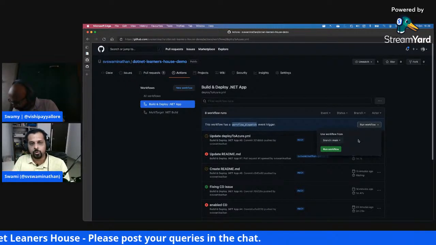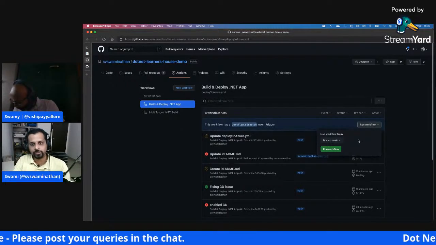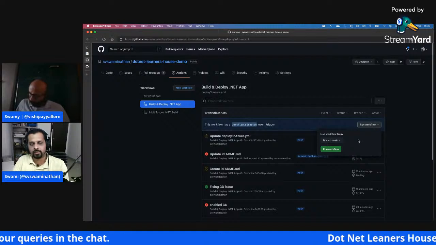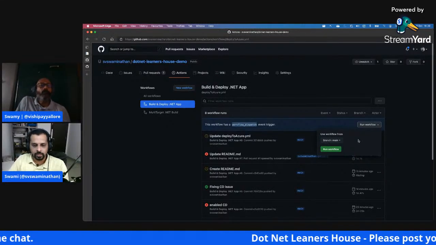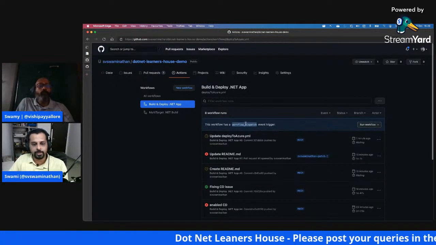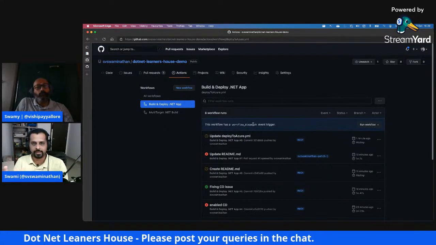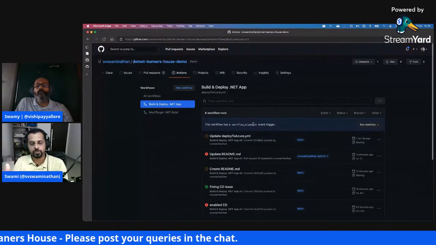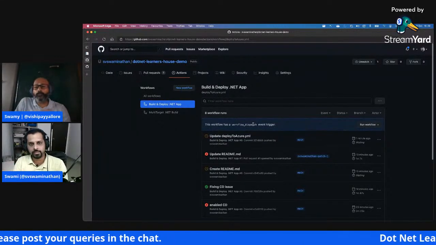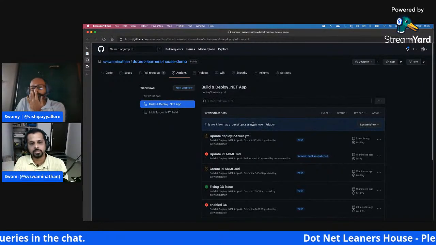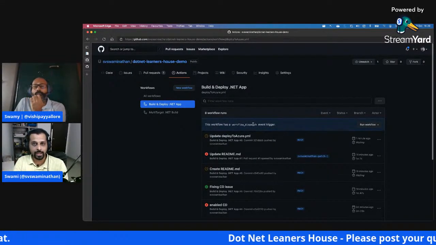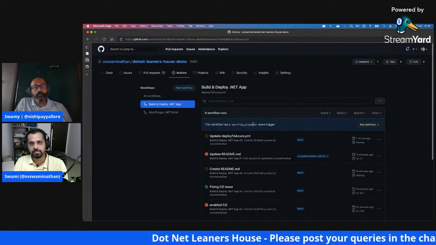So it's all about what are the things we want to club in a single workflow versus how we want to do things in parallel or in multiples, right? I think this is a good example of why we want to split your build and deployment separately. The build would focus only on generating the artifacts, and then you can have different workflows to do your deployments, so that you can plan rollbacks, and moving to different environments and other things in an easier way.